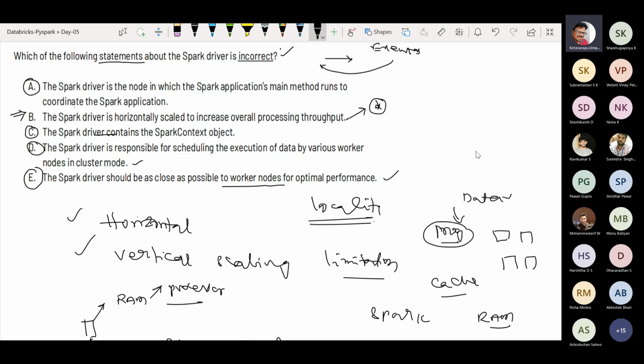Obviously all other options are relevant to some kind of conceptual and logical connection with the Spark driver. But this is a little bit hardware orientation. Okay, Spark driver has nothing to do with scaling and all, friends. So the incorrect one is